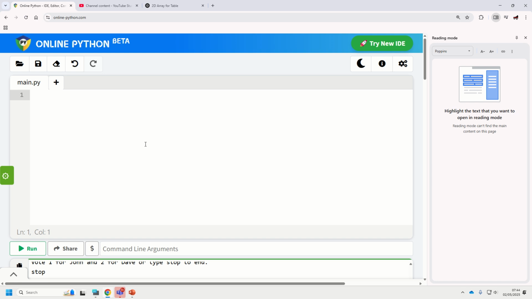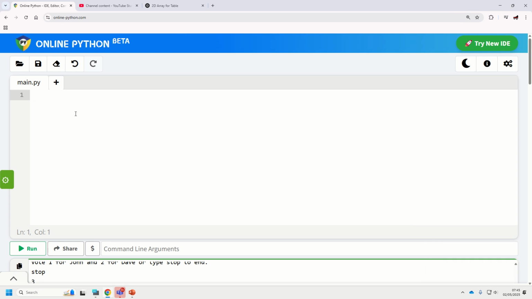Okay, so we're going to have a look at how to create one-dimensional arrays in Python. Essentially, you can't really create an actual array in Python. It's more of a list, but it uses the same principles that we use for arrays. So let's start by just creating a list, and all arrays and lists use the same brackets,